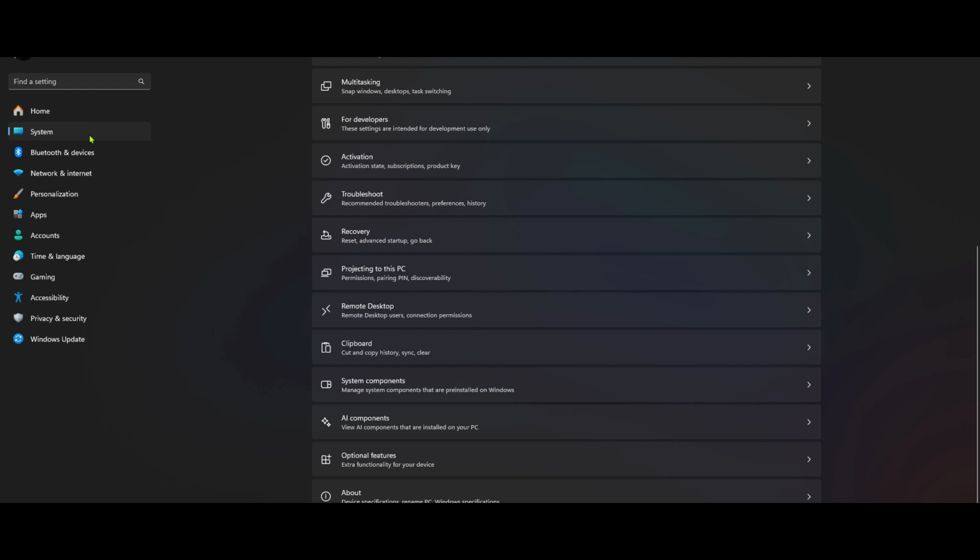For this task, we're focusing on the Settings option. So go ahead and select Settings from the list. It looks like a gear icon, and clicking it will open up a whole new window with various options. This area is your control center for personalizing your Windows experience and handling system tasks, so it's quite handy to